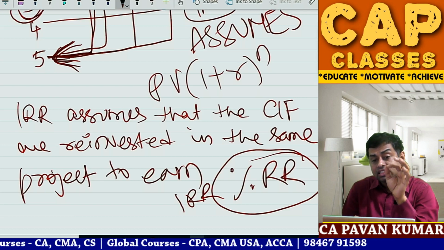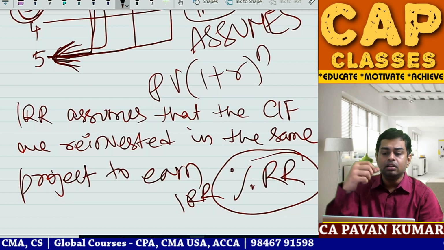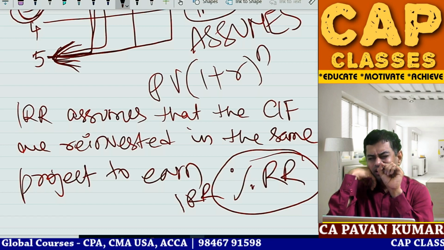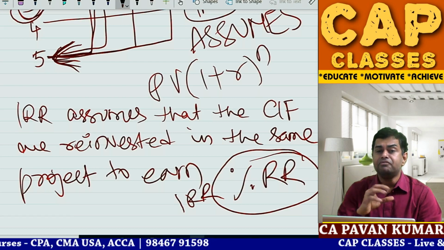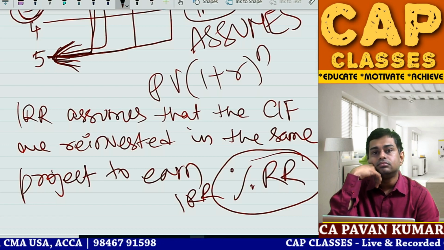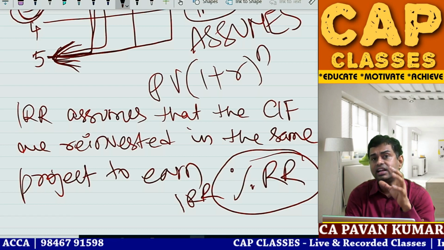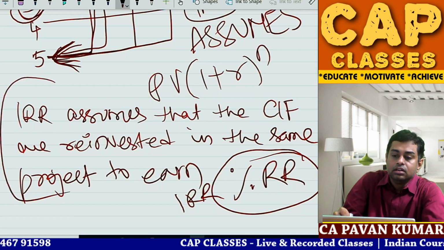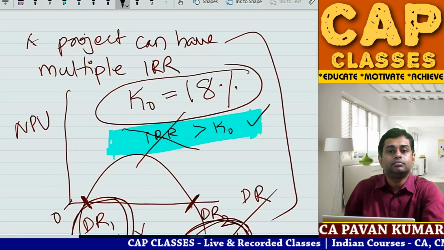If you understand the time value of money, compounding and capital budgeting, if you have finance acumen, you might feel, Pavan sir, don't you think this assumption is little unrealistic or aggressive? Every year earning 15% return on investment may not be possible. So maybe at times you realize that this is little aggressive. So this is one limitation with IRR. Multiple IRR is one limitation with IRR. So there are two limitations.